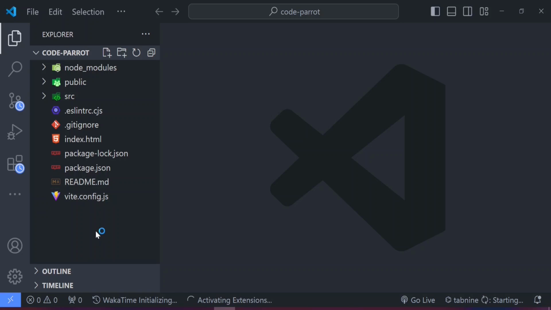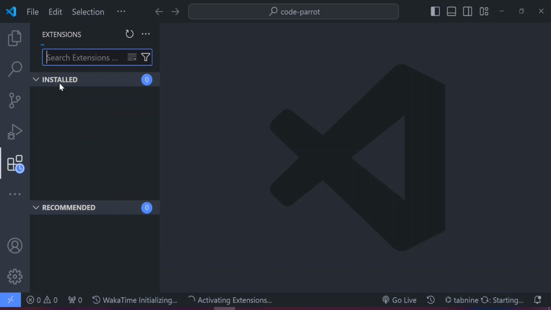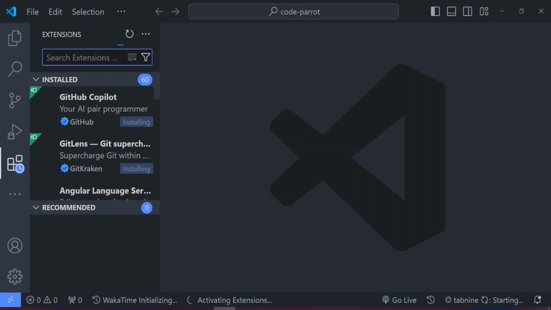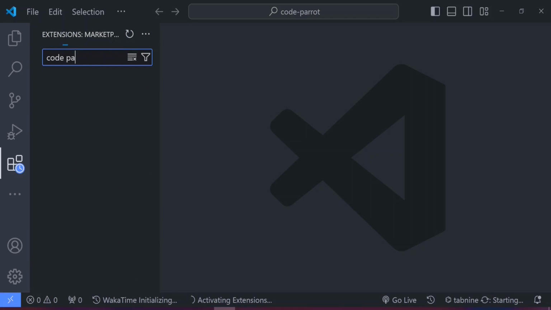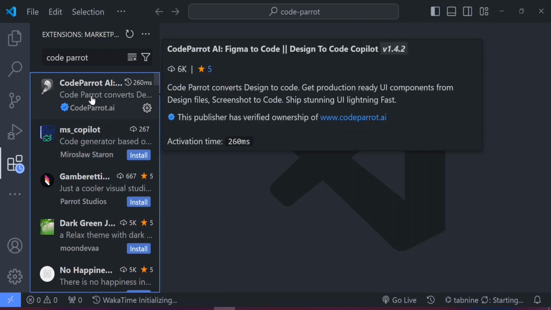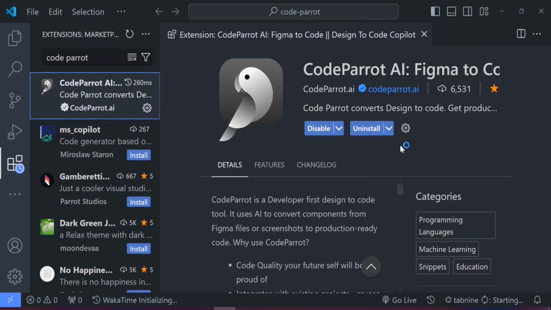To do that, the first thing while inside of our Visual Studio Code is to search for this plugin. All you need to do is head straight to extensions, and the name of our plugin is Code Parrot. So let's search for Code Parrot. As you can see, this is Code Parrot and I already have it installed. If you are coming across Code Parrot AI for the first time, that is, if you don't have it installed already,